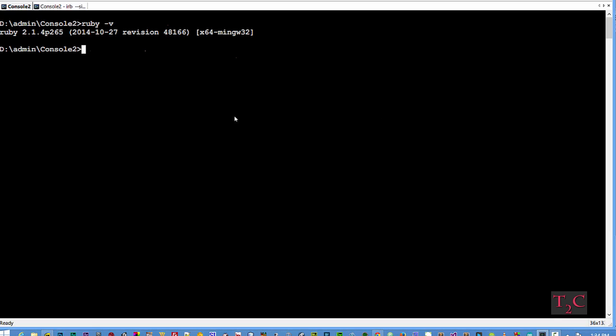After opening your command prompt, for writing your programs you can use Ruby's inbuilt IRB. IRB means Interactive Ruby. It's an inbuilt command prompt or terminal for the Ruby language. For getting that, you can type irb